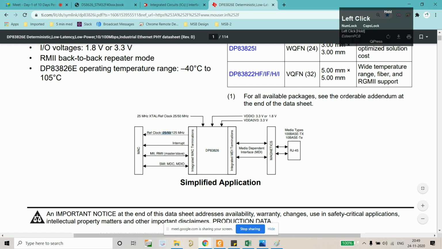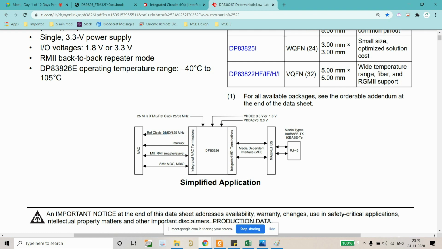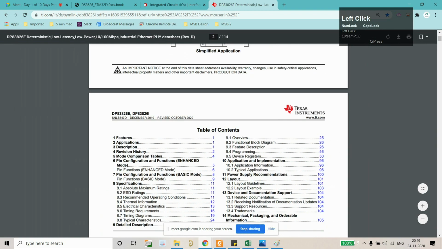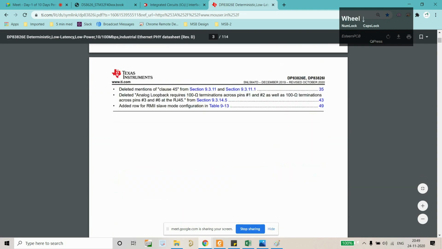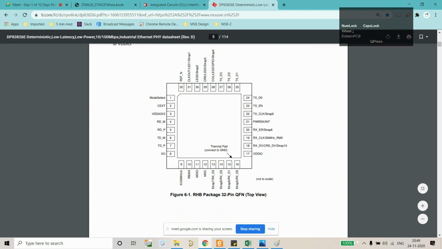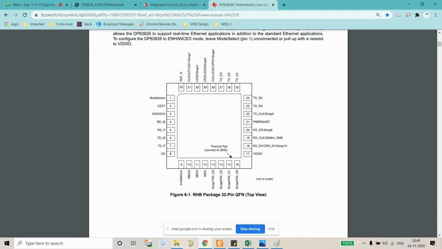And it supports these frequencies. We needed 25 megahertz, so that is another parameter it is following. Okay, the rest of the things we will discuss during the schematic design. Again, we'll just verify the number of signals it has. You can see it has 4 RX lines. It follows the MII interface, which means it has all the signals required for communication with the main controller, right?